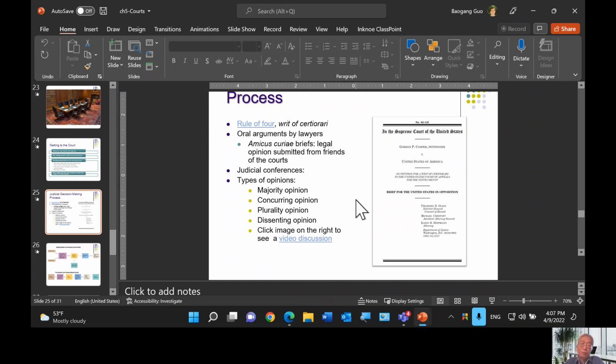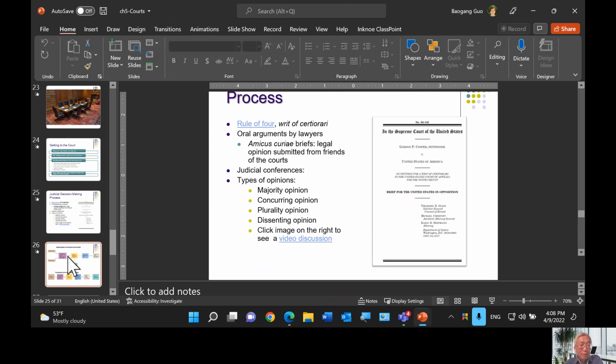So a lot of people, a lot of groups take this kind of open door policy very seriously. They will spend lots of money to write those legal opinions, and the court will have a chance to read them. Of course, you're going to have those briefs submitted by both sides, either pros and cons. And ultimately, it is still the judges who have to make up their decisions based on the merits of those legal documents.